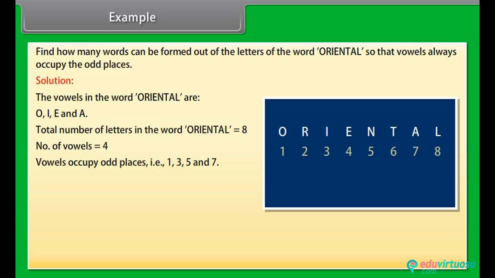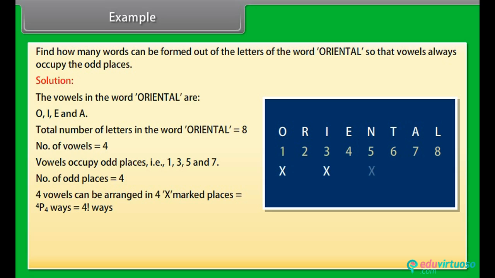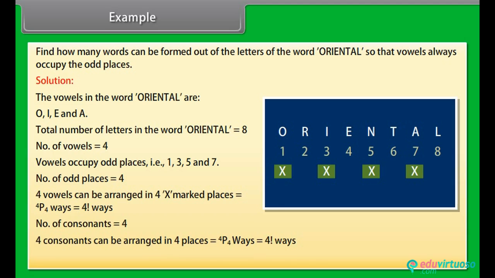Vowels occupy odd places, that is 1, 3, 5 and 7. Number of odd places is equal to 4. 4 vowels can be arranged in 4 marked places is equal to 4P4 ways is equal to 4 factorial ways. Number of consonants is equal to 4. 4 consonants can be arranged in 4 places is equal to 4P4 ways is equal to 4 factorial ways. Required number of words is equal to 4 factorial into 4 factorial is equal to 24 into 24 is equal